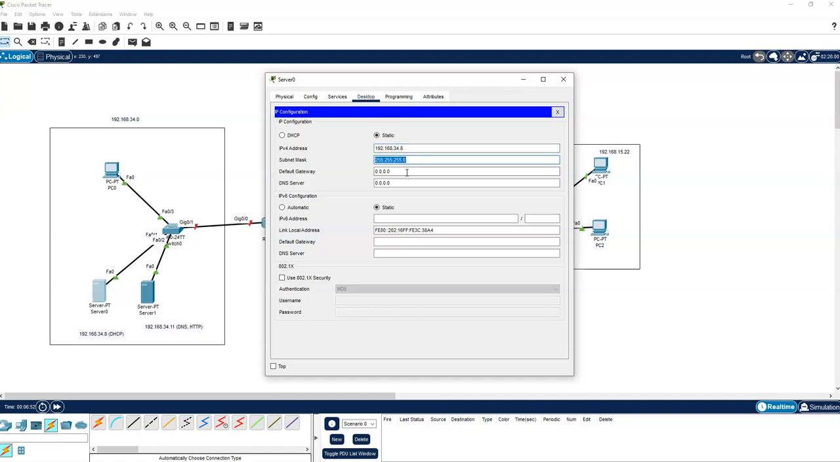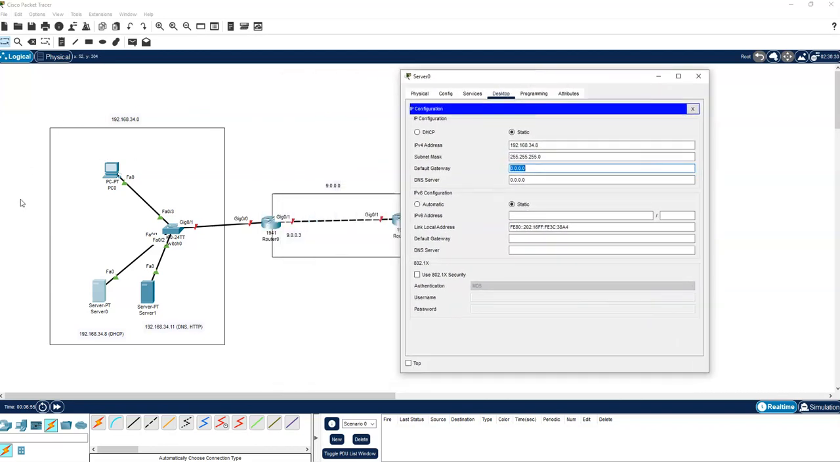Subnet mask autofills, default gateway. Now, default gateway is this network. How does it leave the network? It all goes through this port right here. Okay, this port right here. So to get to this port, I always like to go network ID with a 1 on the end. So that default gateway is